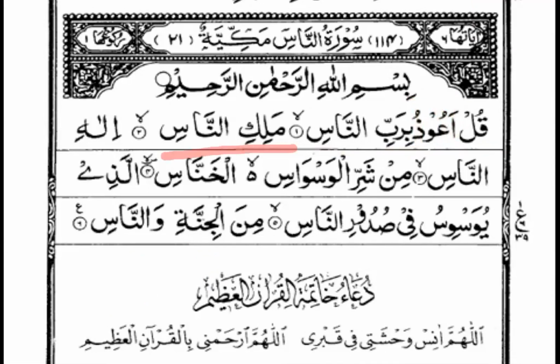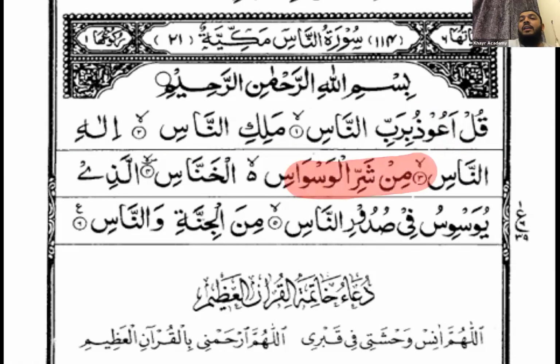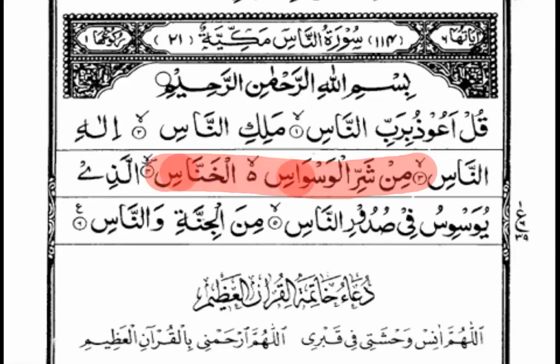Malikin nas. Ilahin nas. Ilahin nas. من شر الوسواس الخناس. من شر الوسواس